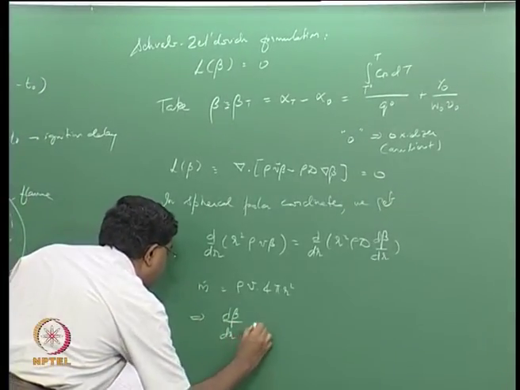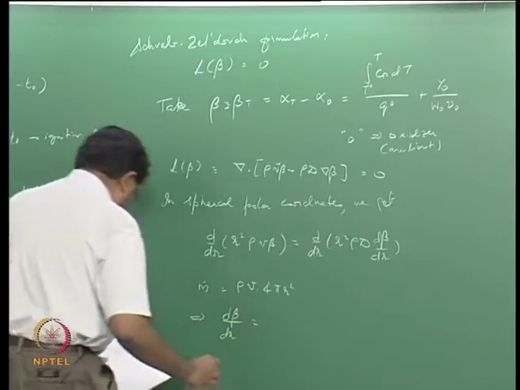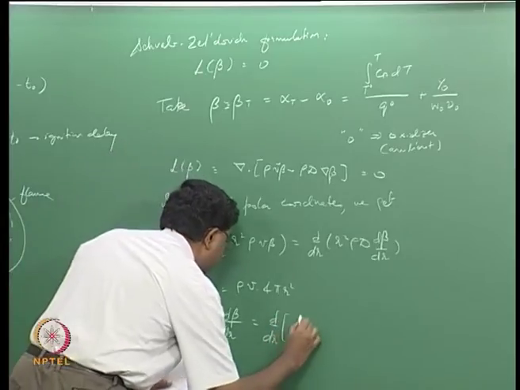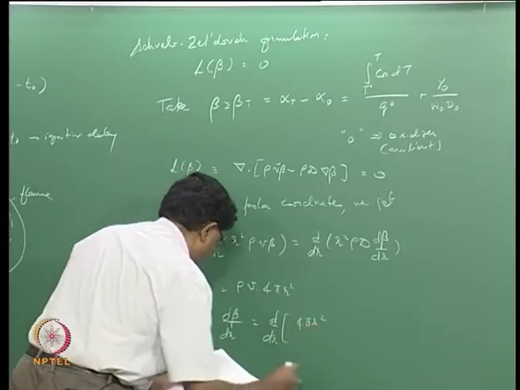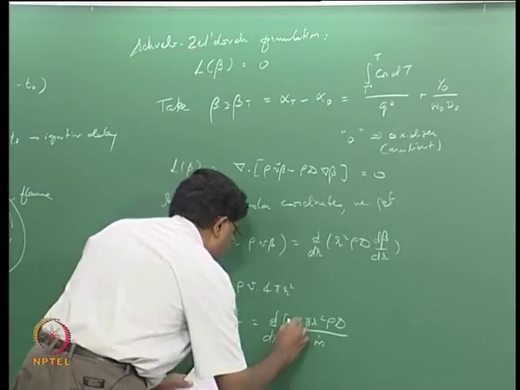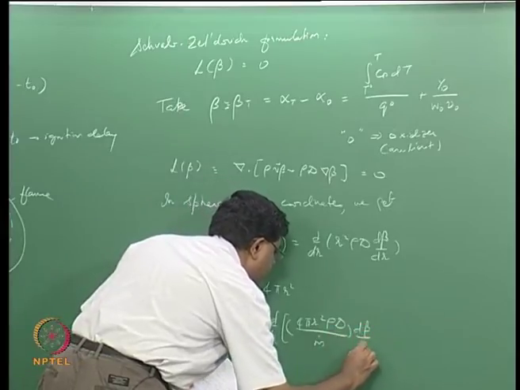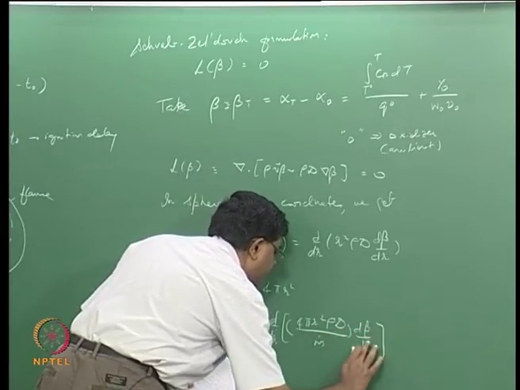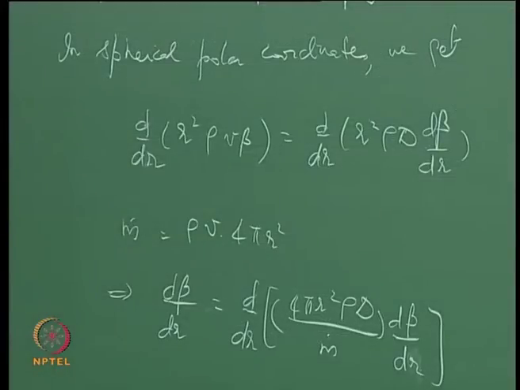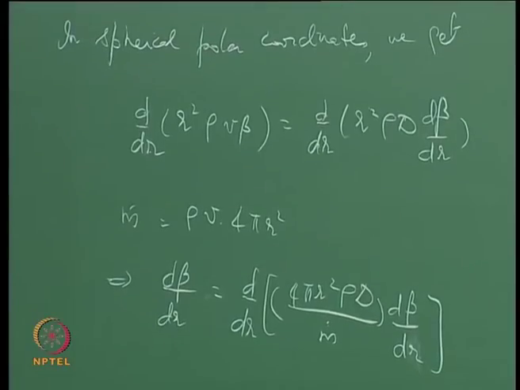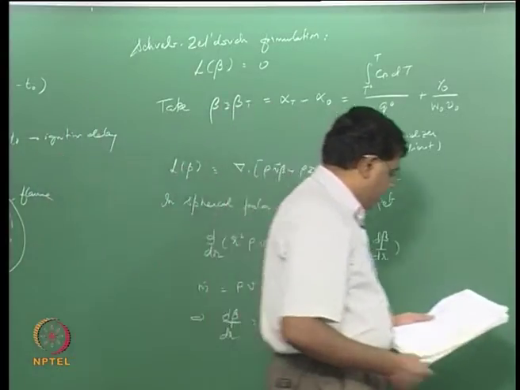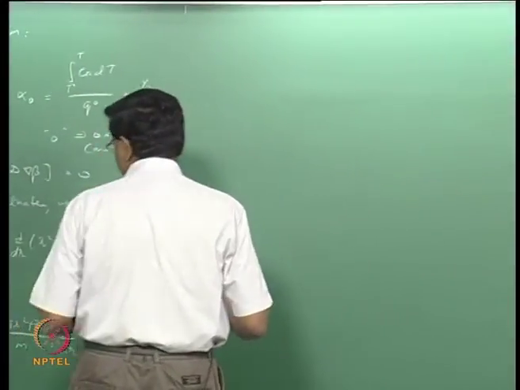d beta by dr is equal to d by dr of 4 pi r squared rho d divided by m dot times d beta by dr. Okay, that looks better,